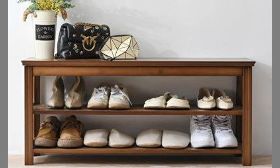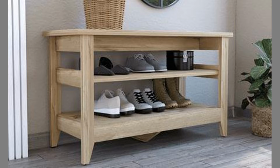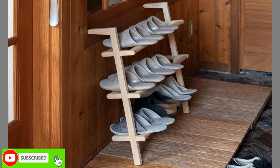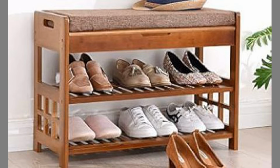Shoe racks can also serve as a canvas for personal expression and creativity. Many homeowners enjoy customizing their storage solutions with paint, decals, or unique hardware. This DIY approach not only makes the shoe rack more visually appealing, but also imbues it with personal significance. A personalized shoe rack can reflect the homeowner's interests, hobbies, or aesthetic preferences, making it a true representation of their style. This level of engagement with home decor fosters a deeper connection to the space, allowing individuals to create environments